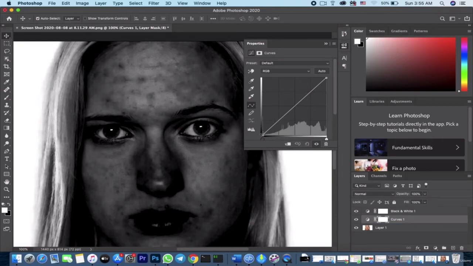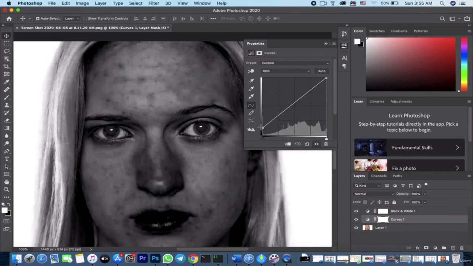Now hold down here and increase the brightness a bit. I think this is okay. Now see the spot right here. What I want you to do is